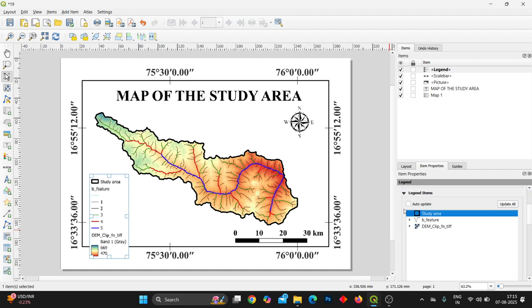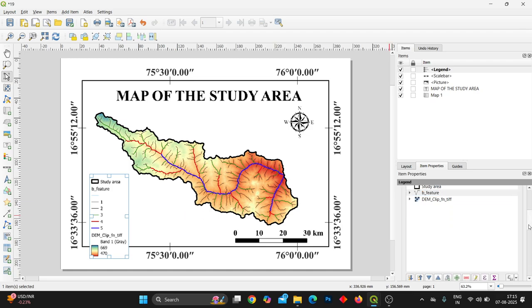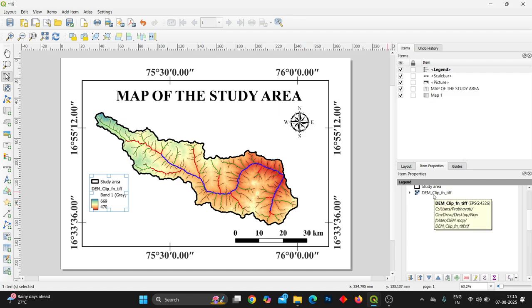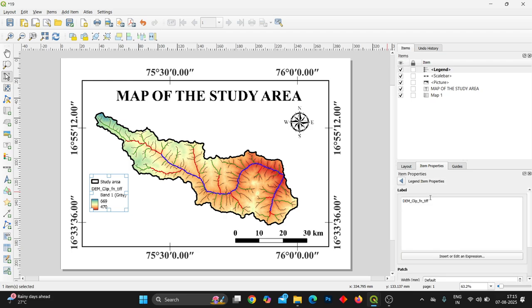Come out of this. Next, streams I don't want to add, I don't want to make it more, so I will click on this option and remove it, meaning I will click on this minus option. You can see that option has gone from here and here also. Next is this DEM. I want to show the DEM clip final, so I will change it to a proper name. I will give digital elevation values. So for that, double click on this option and just type it here,